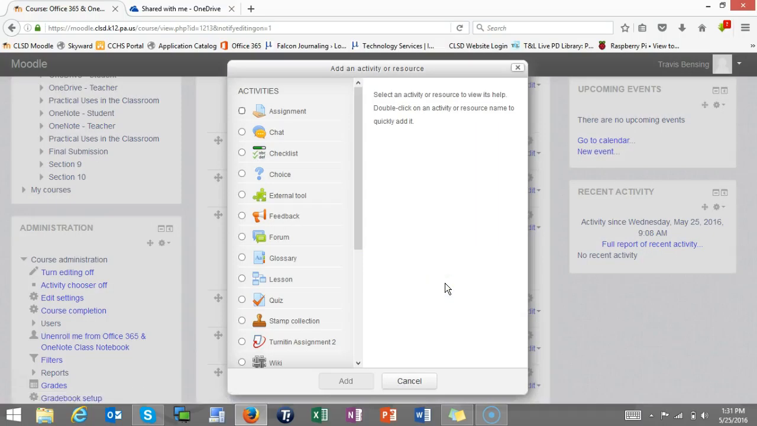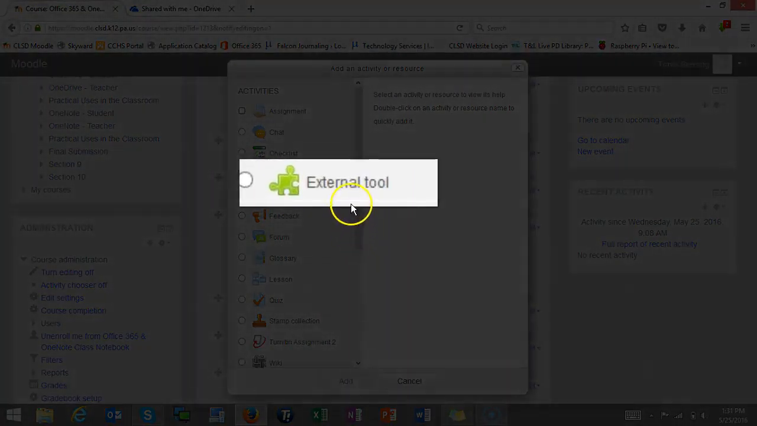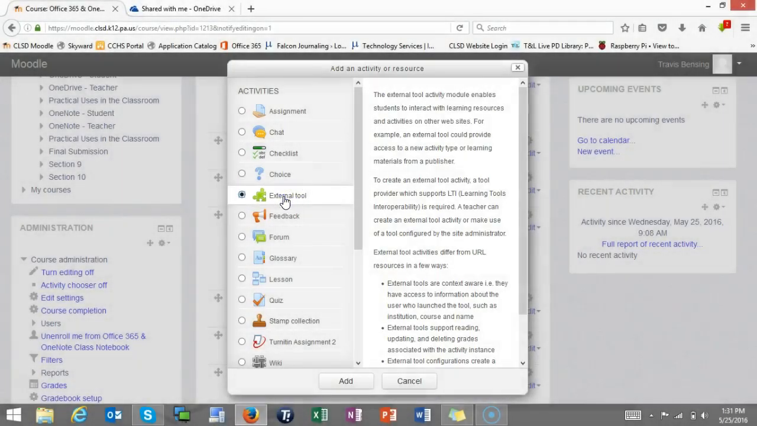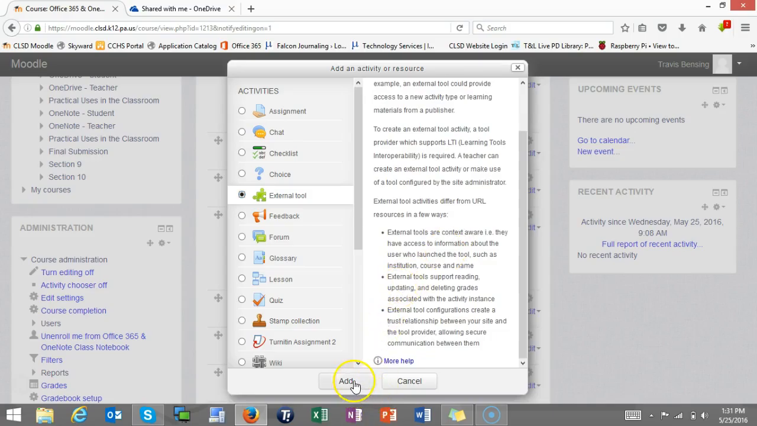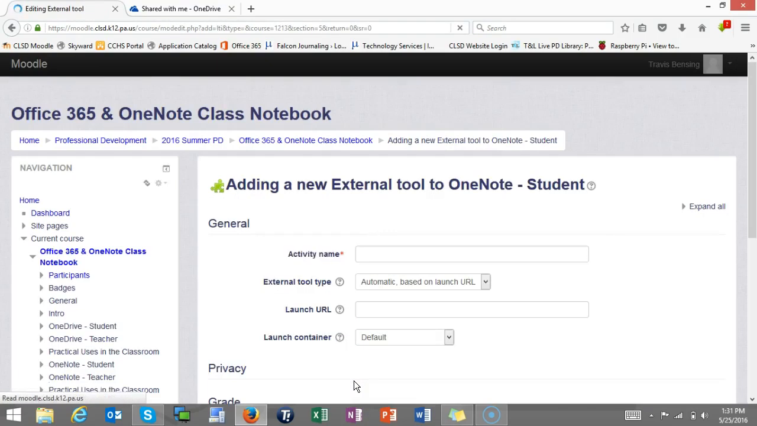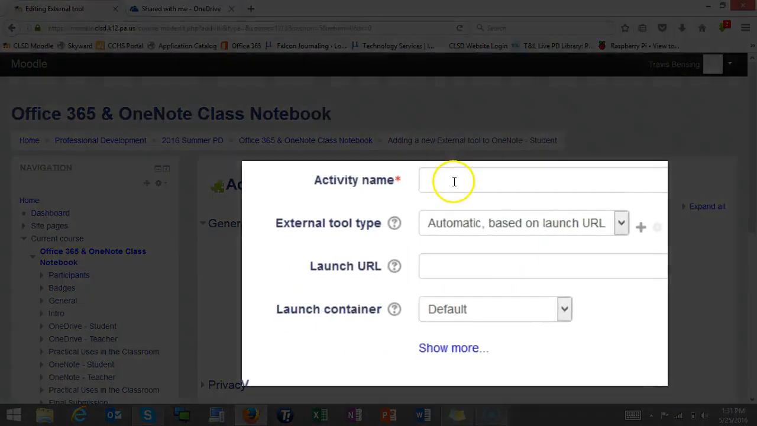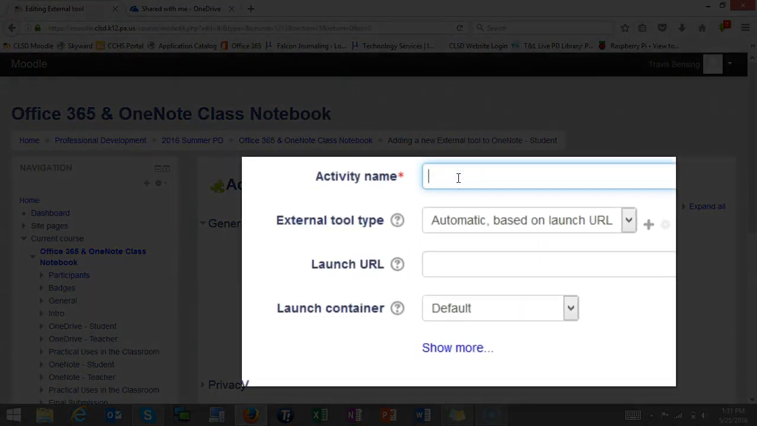And then there isn't a class notebook button to click, but there is one called External Tool. So I'm going to click this tool, and this is something that's brand new for us, and I'm just going to click to add it. Okay, and then I can call this whatever I want. This is what's going to show up as a link on the Moodle page, so I'm just going to say this is our class notebook